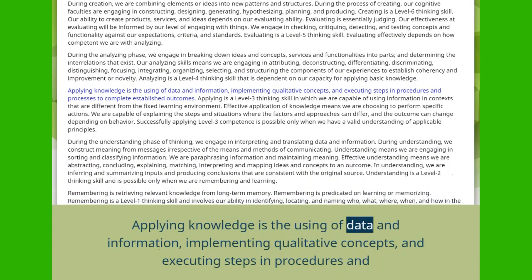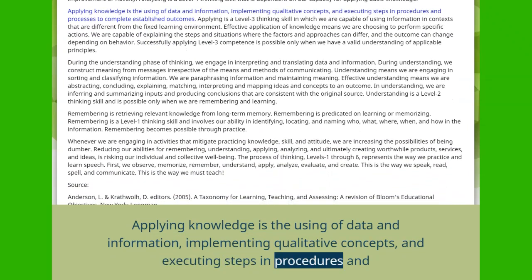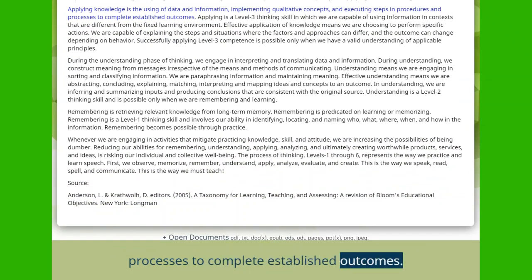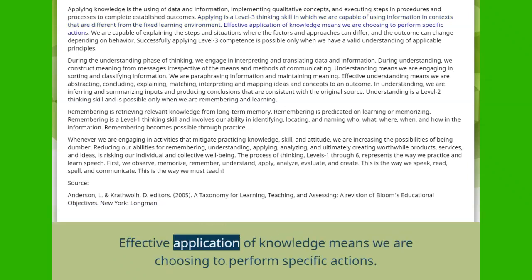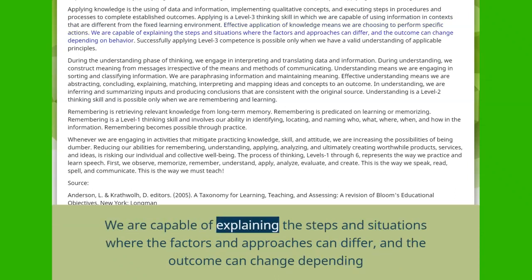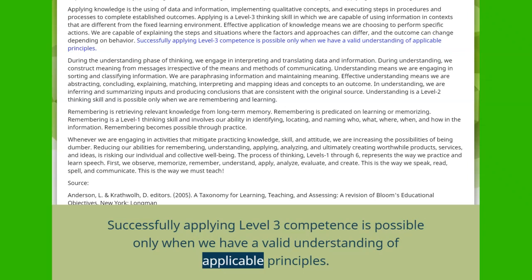Applying knowledge is the using of data and information, implementing qualitative concepts, and executing steps in procedures and processes to complete established outcomes. Applying is a level 3 thinking skill in which we are capable of using information in contexts that are different from the fixed learning environment. Effective application of knowledge means we are choosing to perform specific actions. We are capable of explaining the steps and situations where the factors and approaches can differ, and the outcome can change depending on behavior. Successfully applying level 3 competence is possible only when we have a valid understanding of applicable